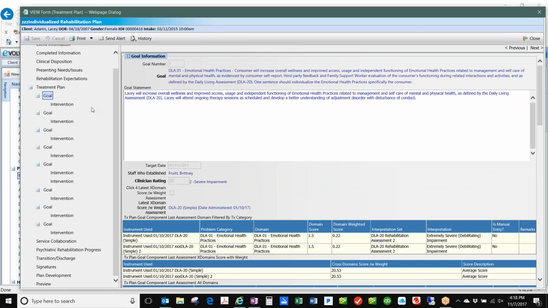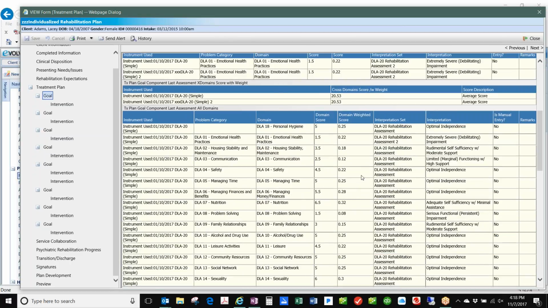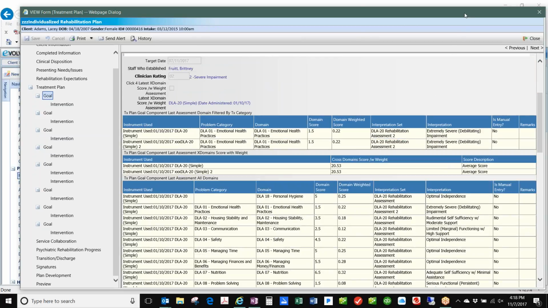And so once you do the assessment, you get the cross-domain to populate, and you pull the DLA 20 into this treatment plan. You fill out the treatment plan. All of these sub-reports are going to populate, give you your results. Then you will go to the SDN form,